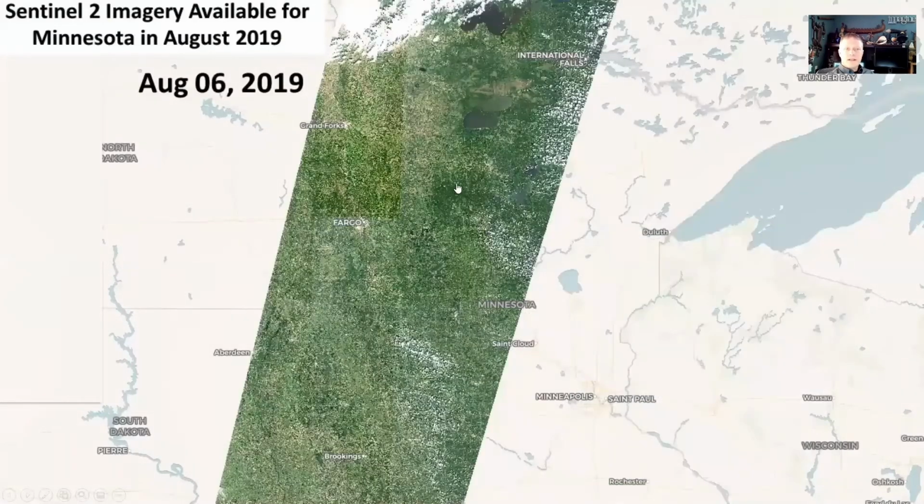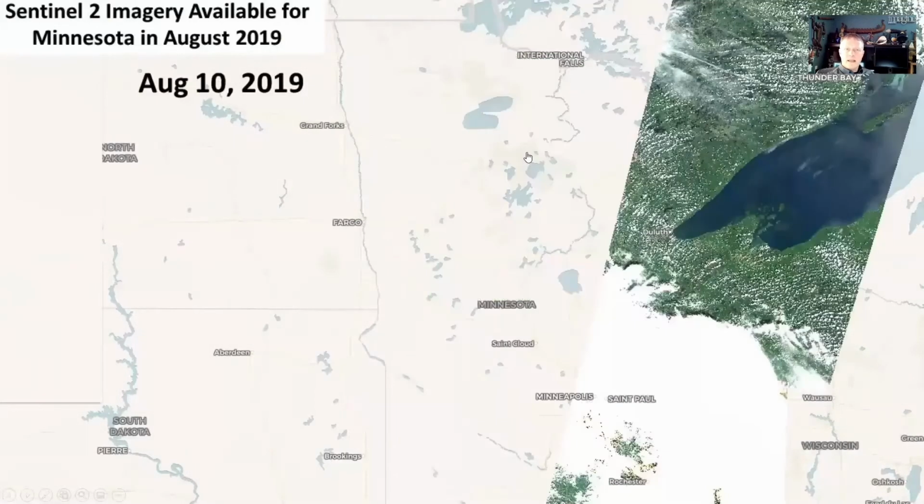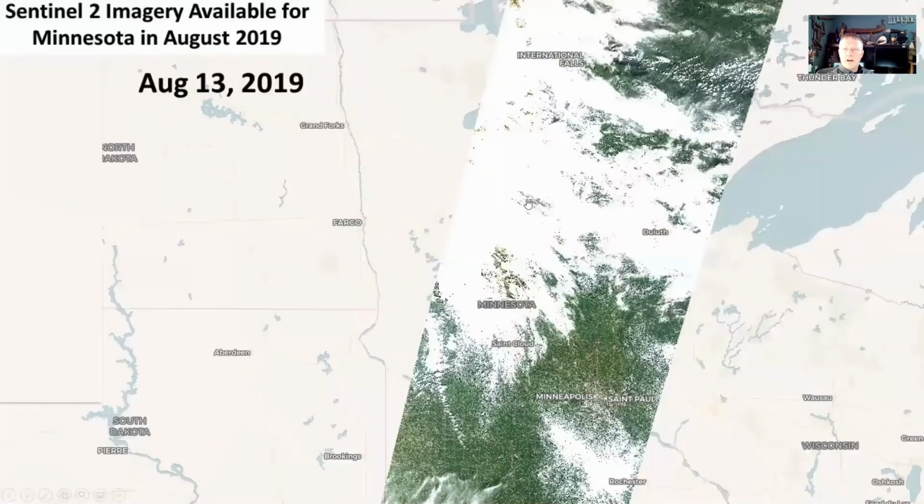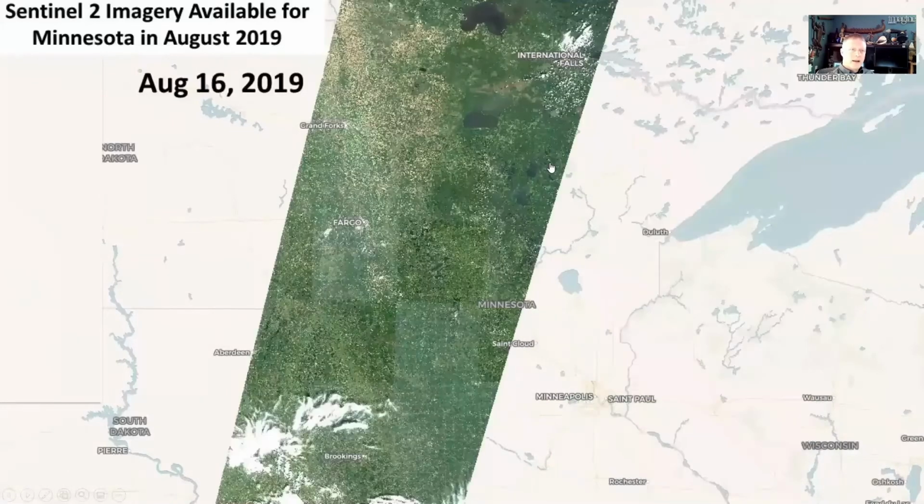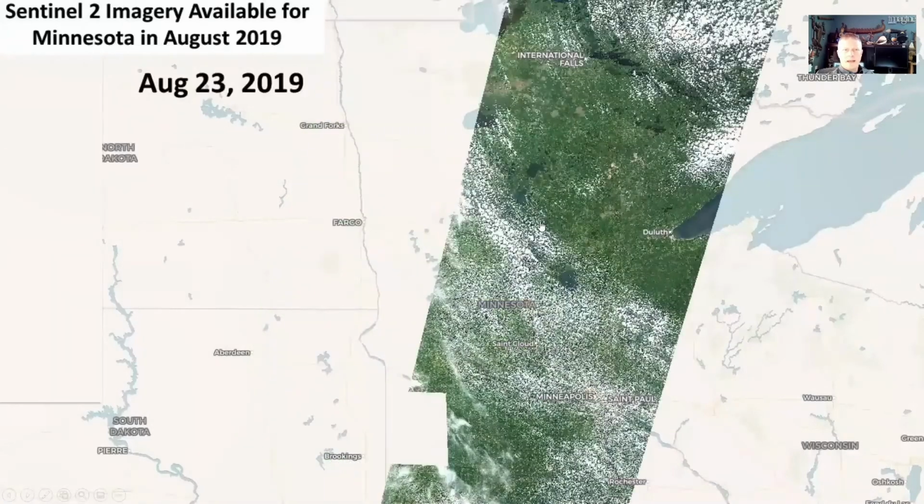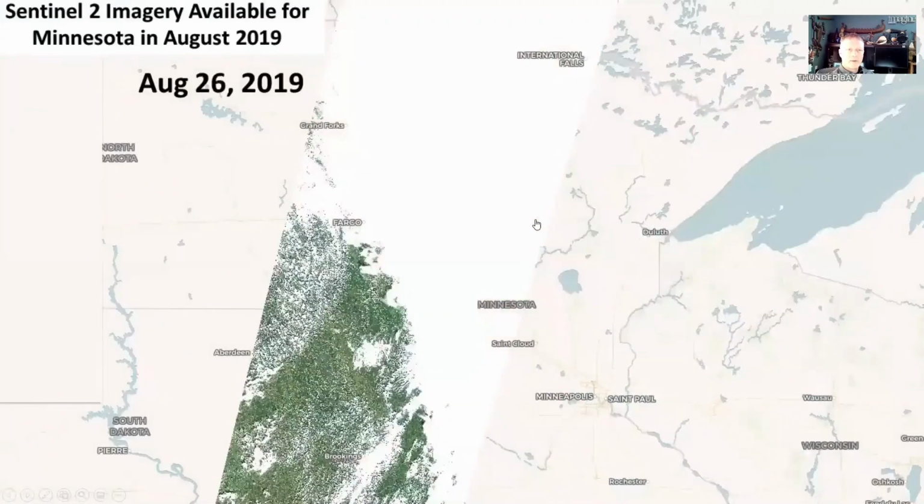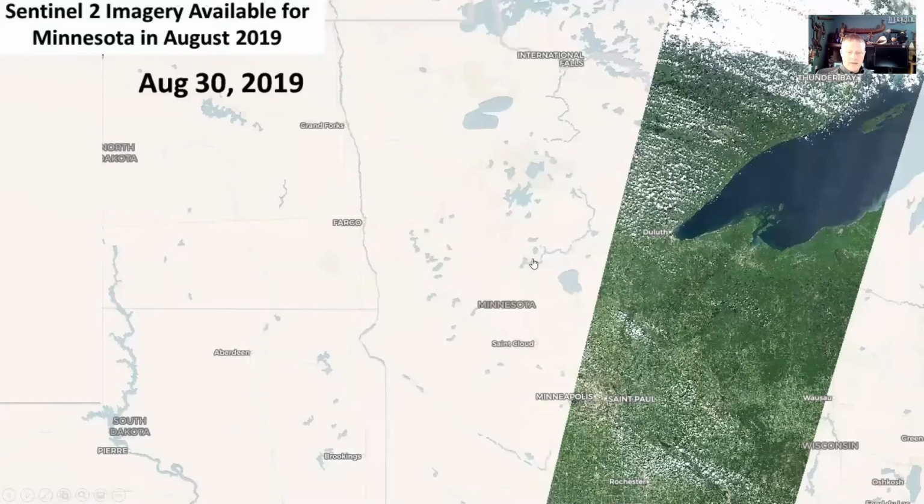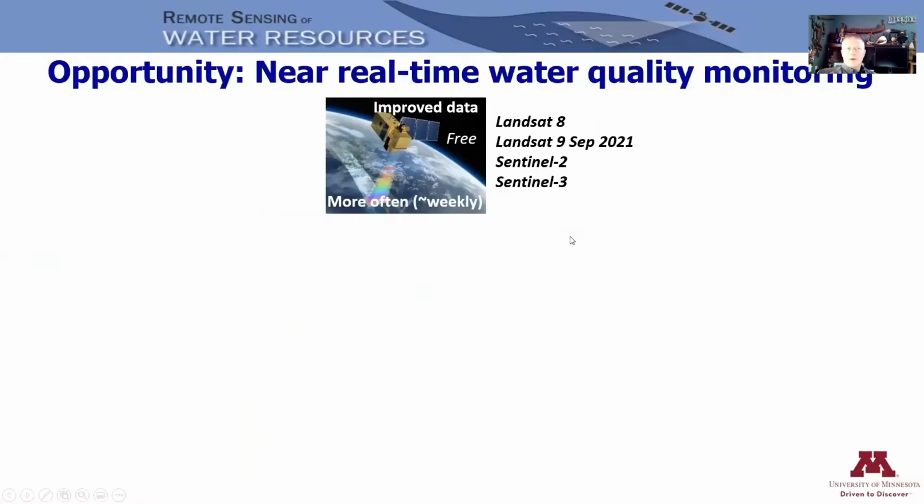As you can also notice, there's lots of cloud cover in Minnesota, and so we're going to need a lot of coverage in order to cover the whole state really well. Most of these images I would not use for my manual techniques, so automation really helps. And so basically, having this imagery is an opportunity to build a near real-time water quality monitoring system, and that's what